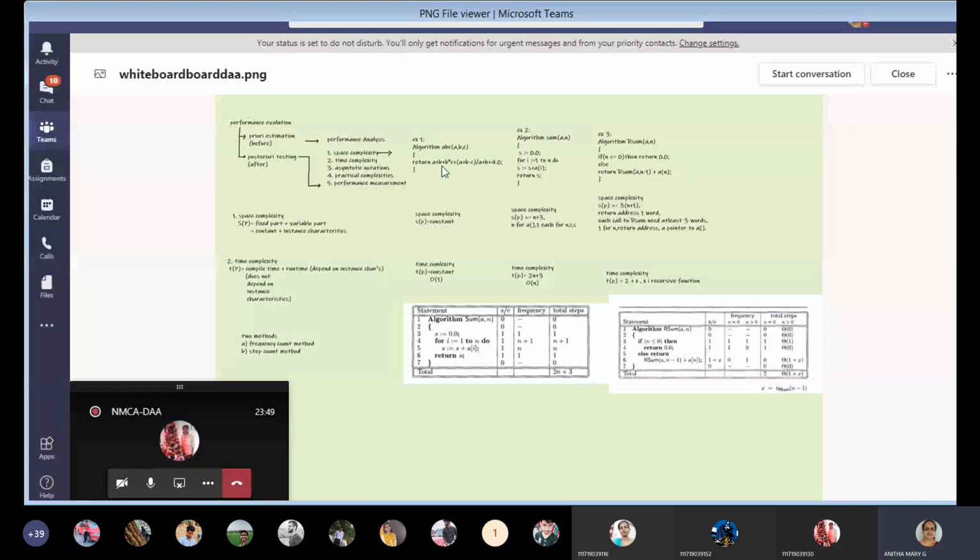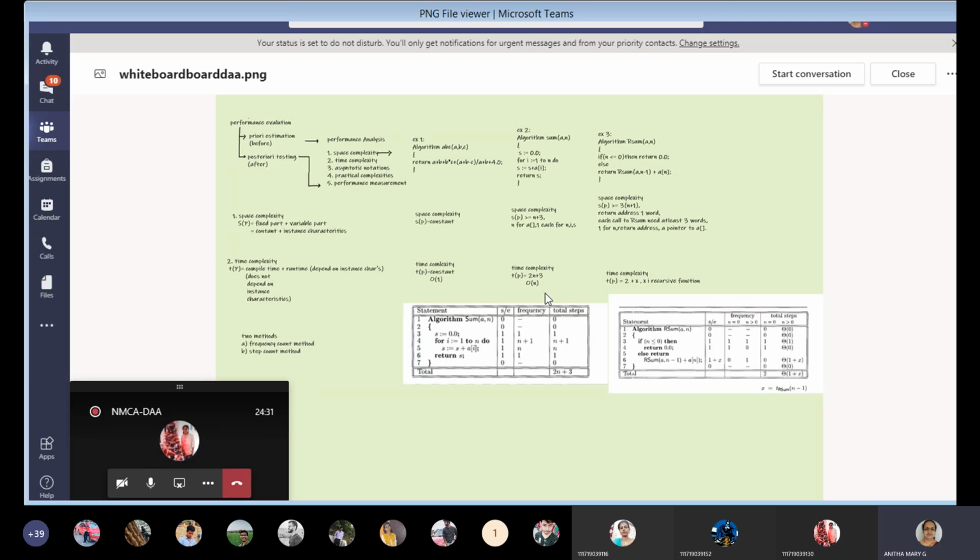If we take example 1 for time complexity here, reading the algorithm and all won't take time. It is returning, doing some action here, so the time is spent here in order to calculate this. This is considered as one statement, and one statement takes 1 unit of time. So that's why we say the time complexity of this problem is 1. Either 1 or 1 lakh or whatever the numerical value may be, we say it is constant, and we represent it as O of 1, order of 1.